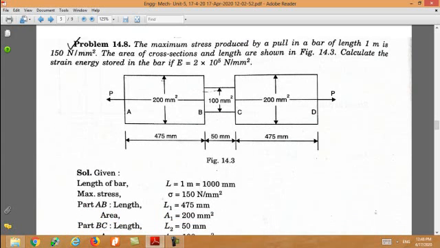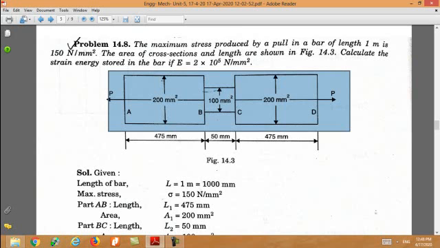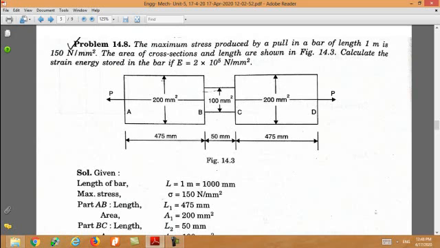It is not the general stress, it is maximum stress. So in this bar you are seeing that at some portions stress will be maximum. How can we find where stress will be maximum in the sections? We can say the stress will be maximum in this section. Why? Because area is less. You know the formula of the stress is equal to P by A. So if A is less, then stress will be maximum.